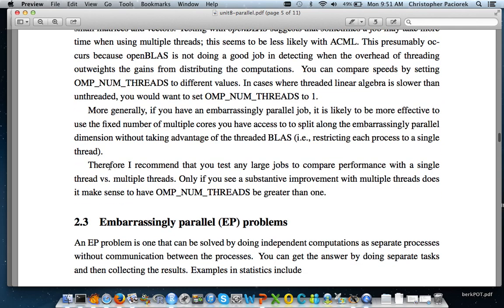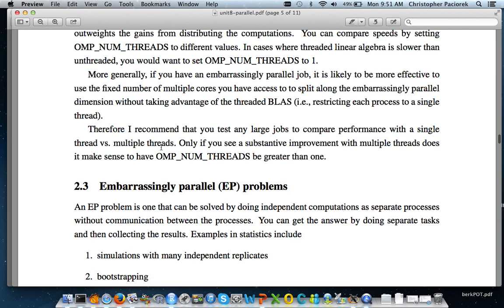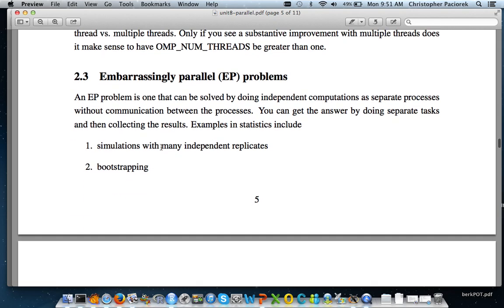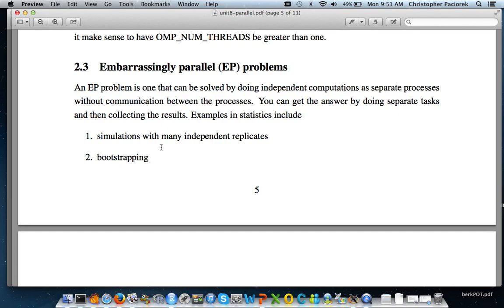Okay, so I said in words here what I also mentioned here in writing about testing the performance. For the most part, we're going to mainly talk about problems that are very easy to split up into multiple pieces. Part of the reason is just that we only have so much time to spend on this particular unit. Another is that a lot of stuff can get done